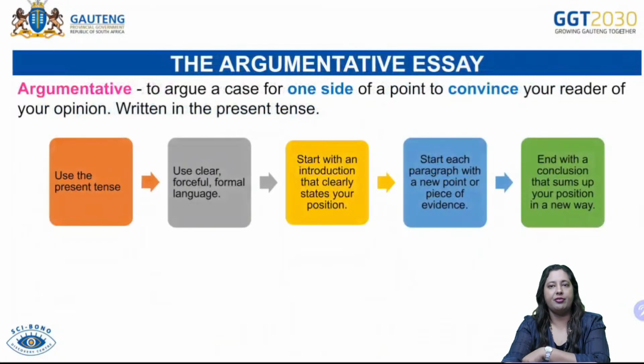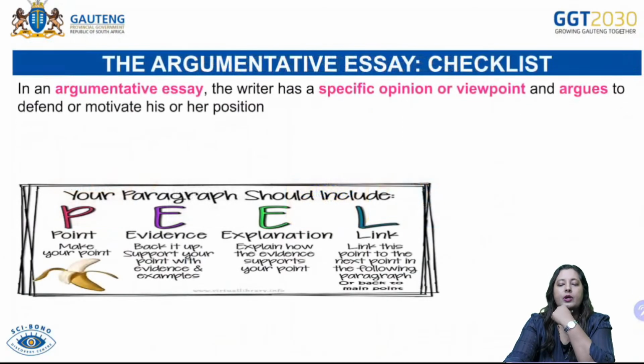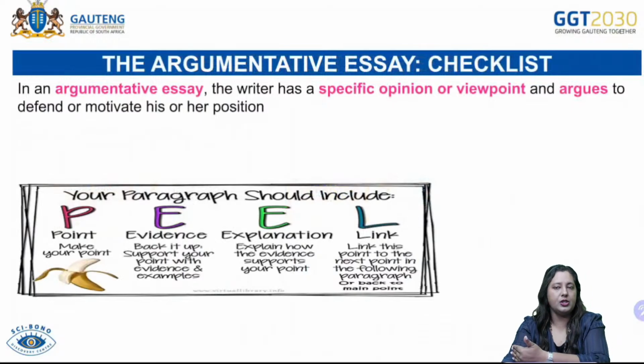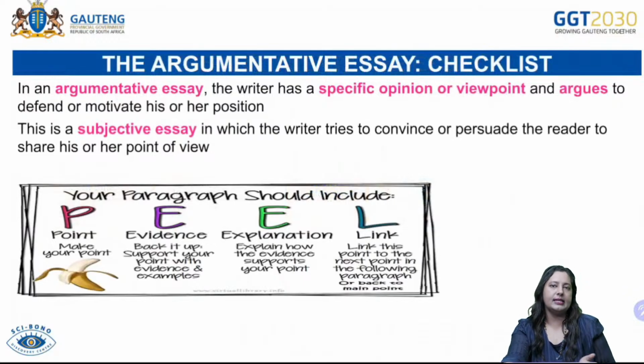Then each paragraph from there onwards would be in relation to the statement you have made or the standpoint you have taken. And then the final one, which is the conclusion, will then sum up the position that you have taken. Right. So please, there's a specific opinion you're talking about, and you're going to argue for or against that particular idea. Please also remember it's very much subjective, and you're going to persuade the reader to believe in your viewpoint. So you will use, in this instance, the PEEL